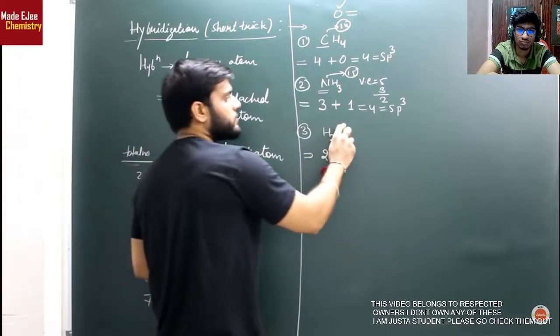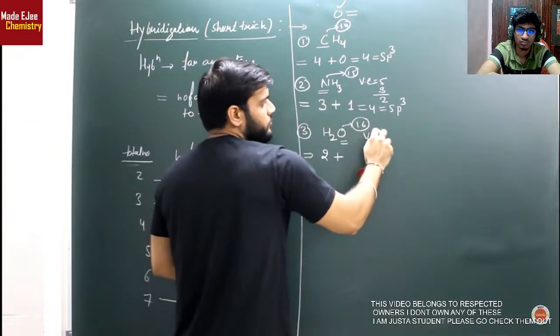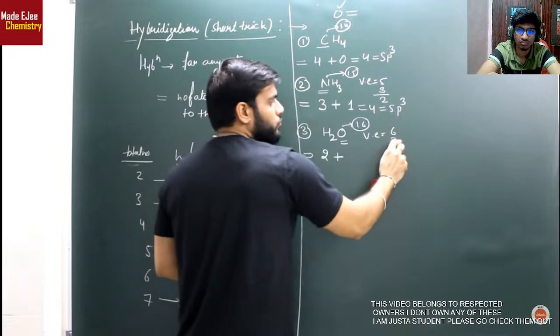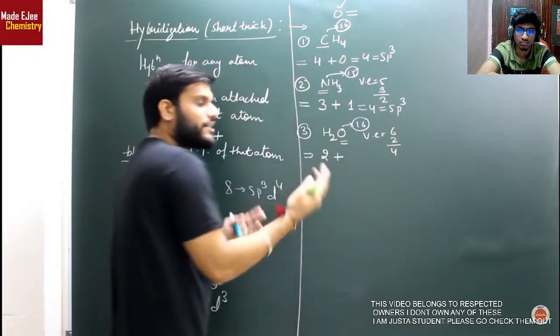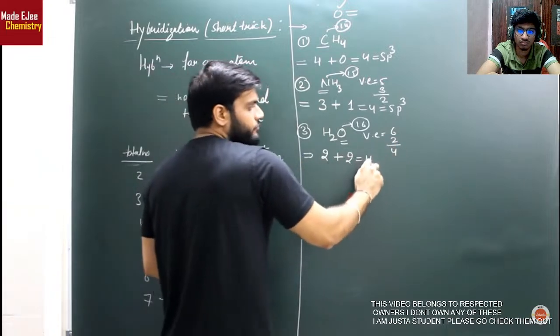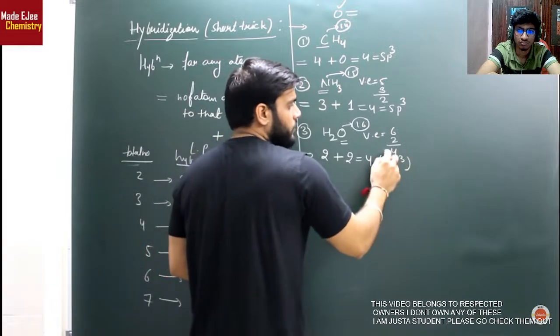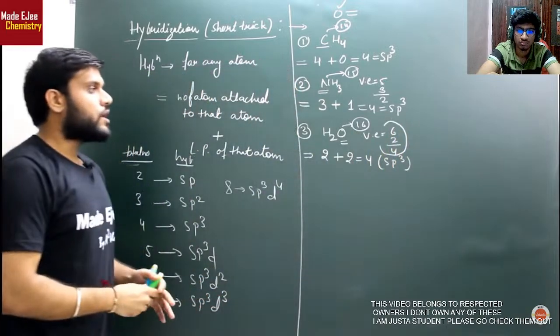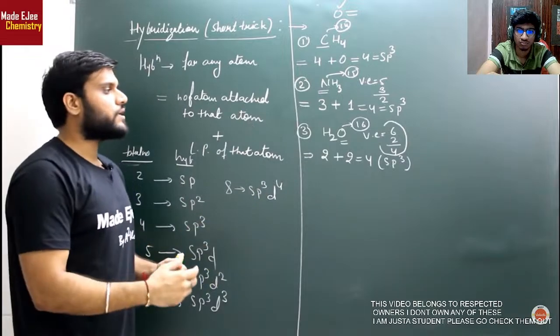देखो ऑक्सीजन आता है ग्रुप नंबर 16 में, तो इसके पास वैलेंस इलेक्ट्रॉन कितने होते हैं, 6। इसमें से इसने कितने काम पे ले लिए, 2। बचे कितने, 4। तो लोन पेयर कितने बचे, 4 इलेक्ट्रॉन है, तो पेयर तो हुए 2, तो 2 + 2 कितना होता है, 4। और 4 के रिस्पेक्ट में हाइब्रिडेशन क्या बनेगा, sp3। क्लियर हो गया सबको। फाइनली यहां पर ऑक्सीजन का जो हाइब्रिडेशन निकल के आ रहा है वो भी sp3 है।